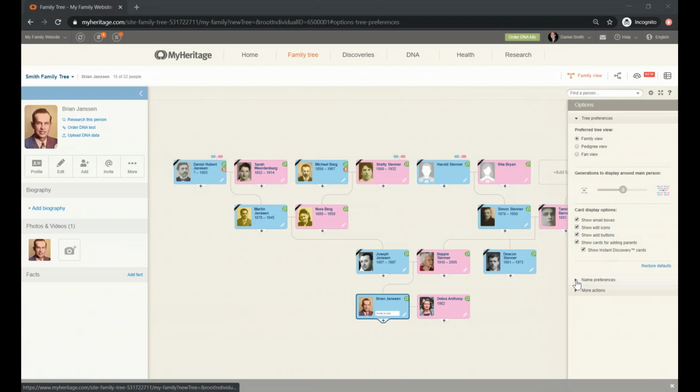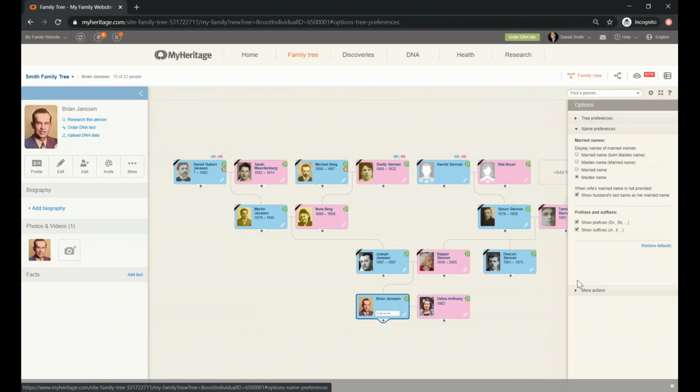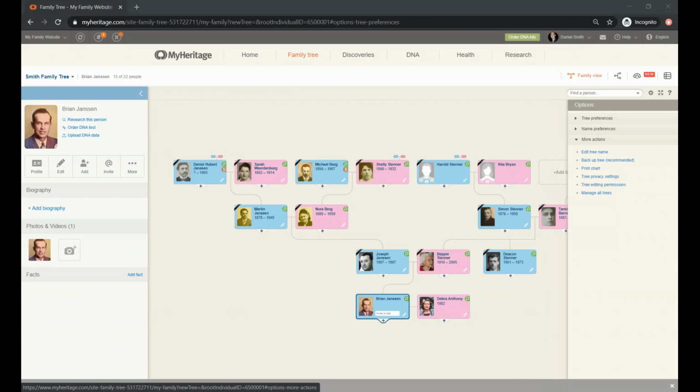Probably my preferred will be the second option, the name preferences, because here you can decide if you want to see the married name or the maiden name, or in which order you want to see those for all your married women in your tree. You can show the husband's last name as a default or prefixes, so this is a very popular one. And the third one, the more actions, and here is where we're going to dedicate a little bit more time, because this is where you can set up the privacy preferences of your